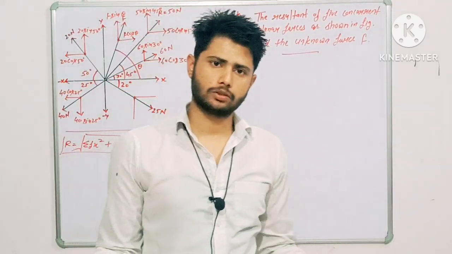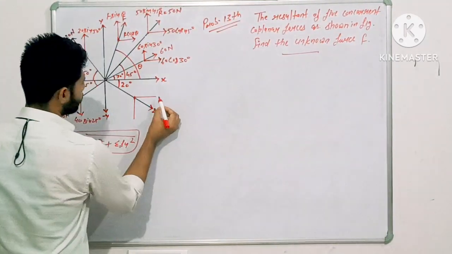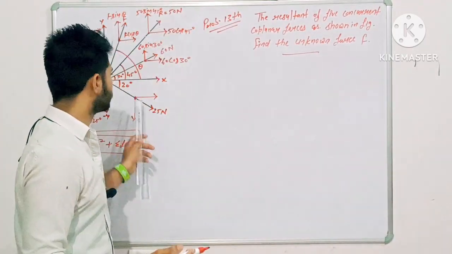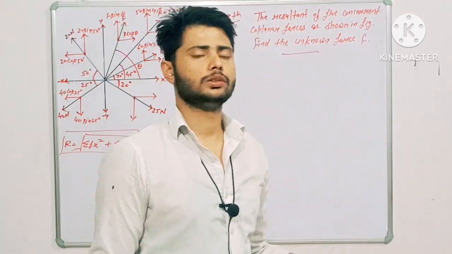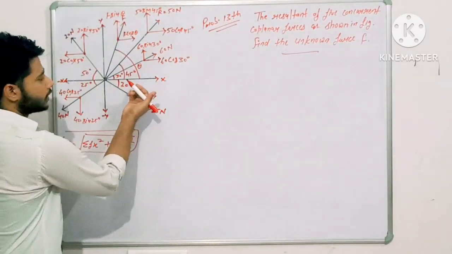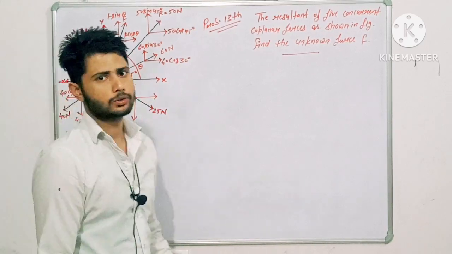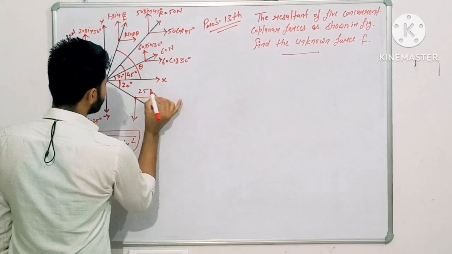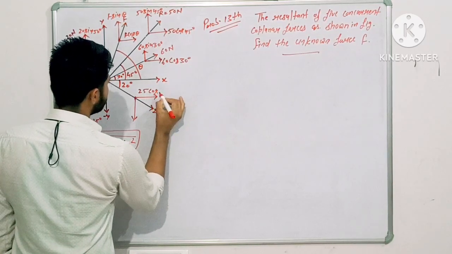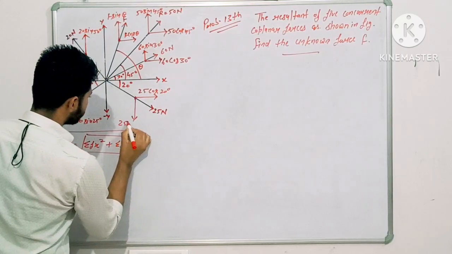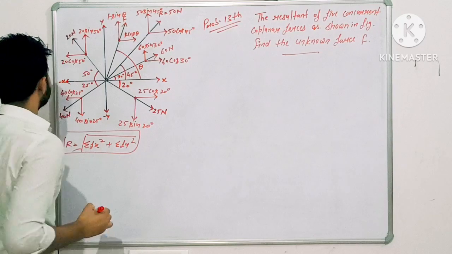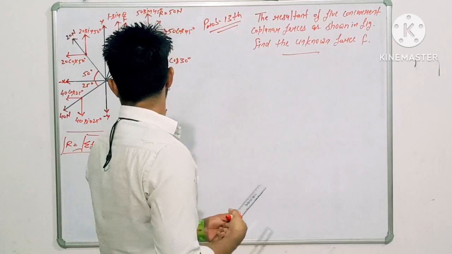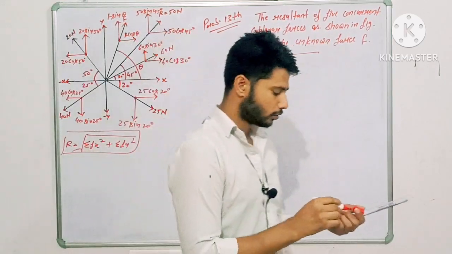Make a parallel axis with respect to x and y. The direction of both the forces will be outward. According to this, the 50 Newton force is going away from the point, so the direction of both the forces must be away from the point. Then, since I am using this angle with the horizontal, I have to take cos of the angle with the horizontal: 25 cos 20 degrees, next 25 sin 20 degrees. Okay, I think we have resolved all these with the inclined force resolution technique.